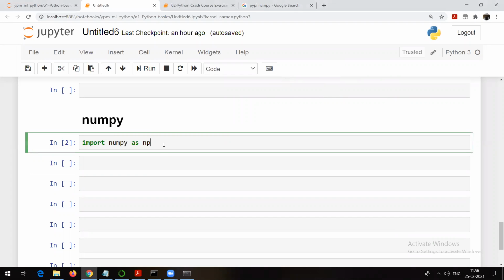NP, sure, I told you. What is NP? NP is just a variable. Instead of this, I could have used it like this. Even I can write it down like this. NP is just a shortcut for NumPy. This is just a variable, and it's a standard practice to use NP for NumPy, as it's a standard practice to use PD for pandas and SNS for seaborn. In Python we call this an alias. Alias means another name.